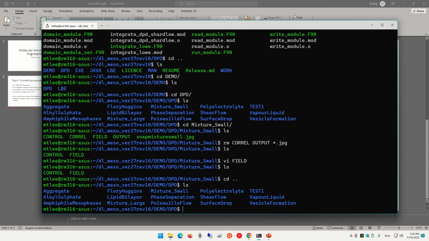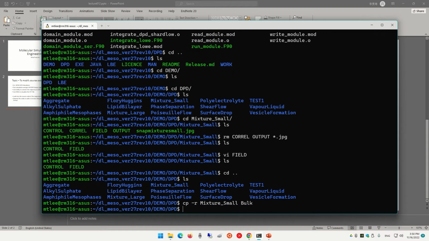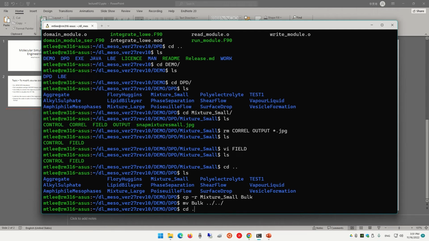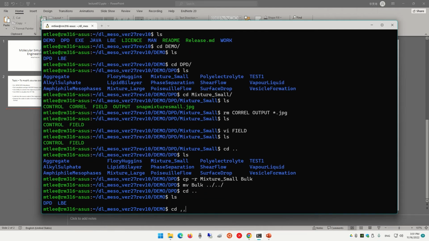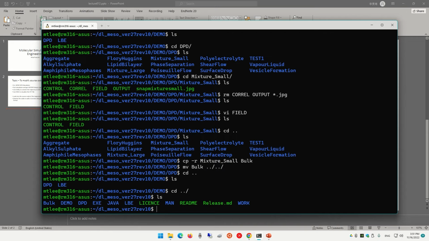So I'm going to copy the mixture small to another folder, let's call it bulk, and I'm going to move this bulk to the previous folder, to be with our exe here. All right, this has all the executables I need.